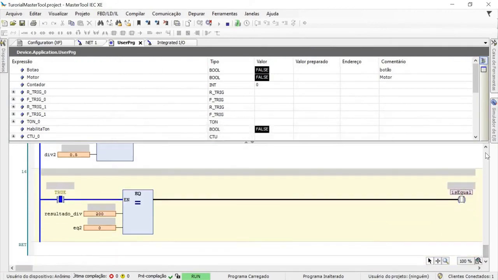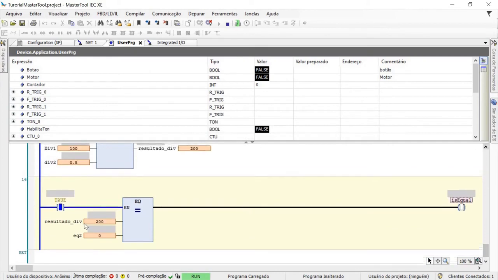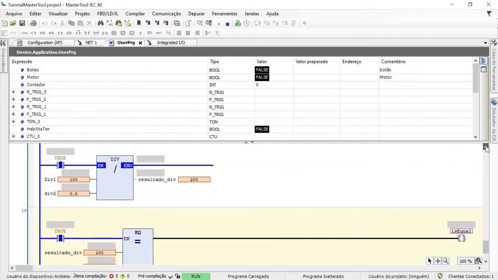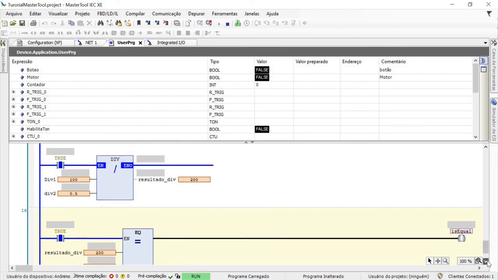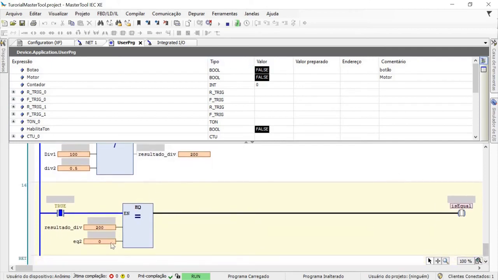The result of my division is getting the value 200 through the division that I'm doing in this block of 100 by 0.5. I can, for example, compare this value. Now I see it's 200, I'm comparing it to 0, so they're not equal. This parameter will only be enabled when these two values are equal,